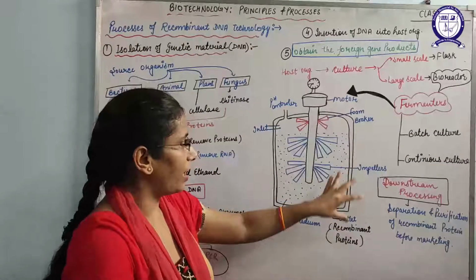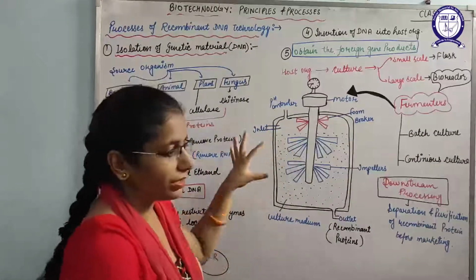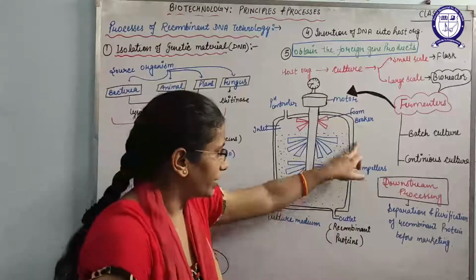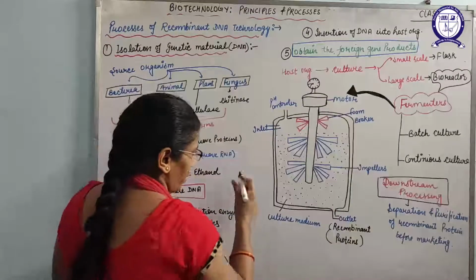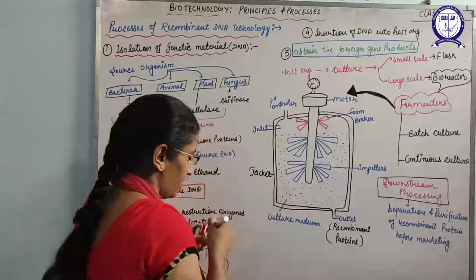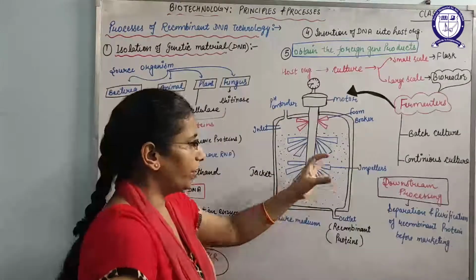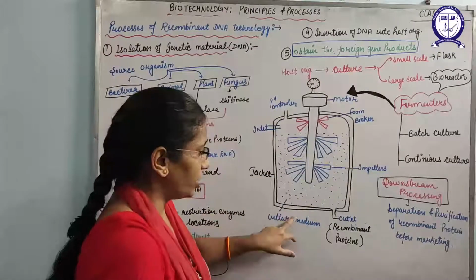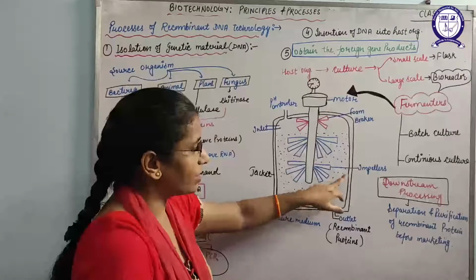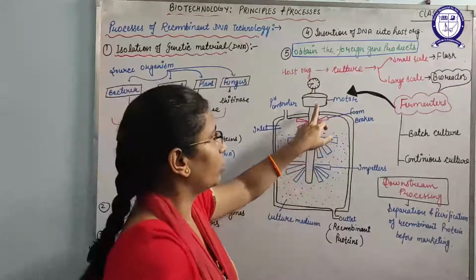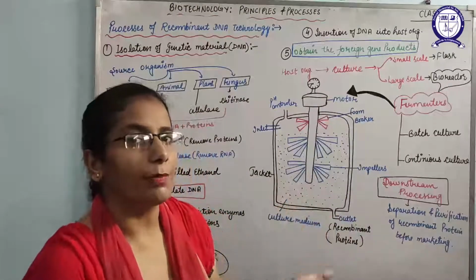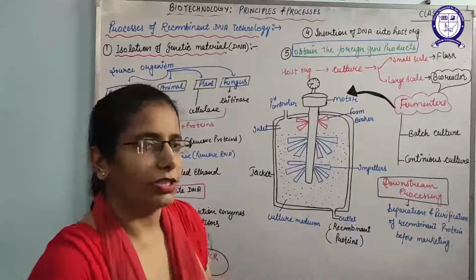So I have drawn a diagram here of the fermenter. The fermenter is made up of a jacket that is made up of stainless steel. I have to make this line, that is the jacket. I can write here also, jacket that is made up of stainless steel. What we will do? We will add the culture media into this. So this is the culture media. In between there is a rod, on which impellers are attached, and this rod is connected to the motor. The motor will help the rotation, and we can fix the rotation according to RPM, rotations per minute, as we like.